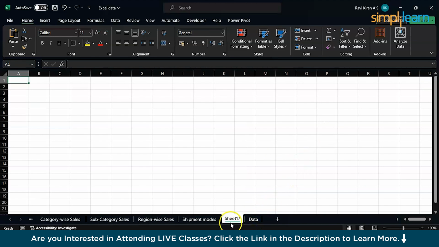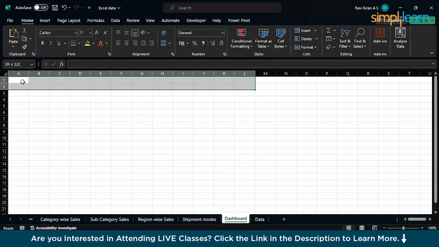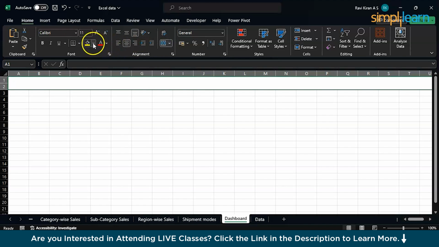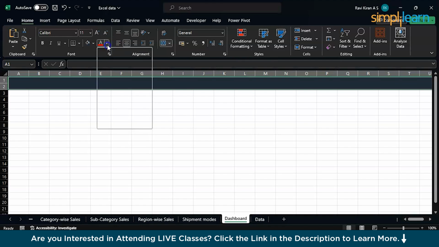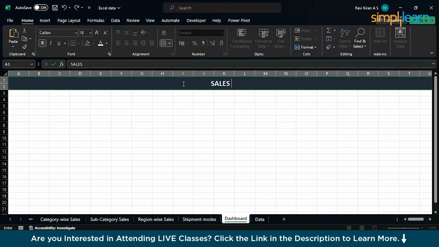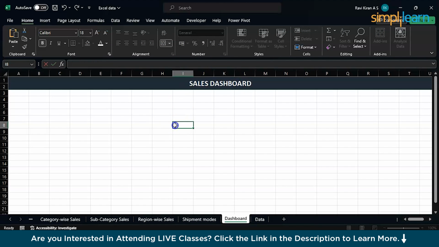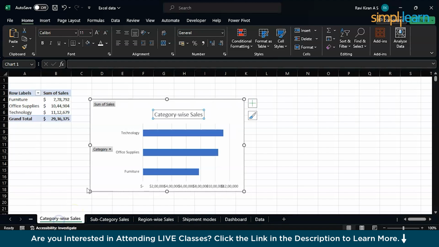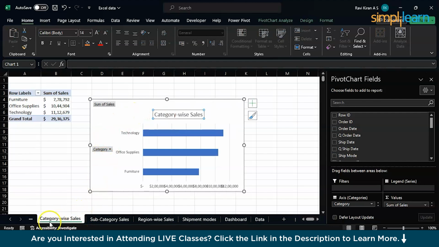Now you can create a new sheet over here and name it dashboard. You can do some customization to your dashboard, like selecting these cells, giving it a color, there you go. Now you can quickly copy and paste all these charts to the dashboard,